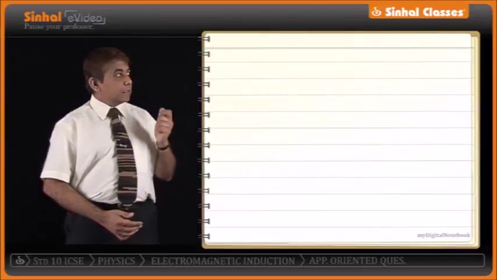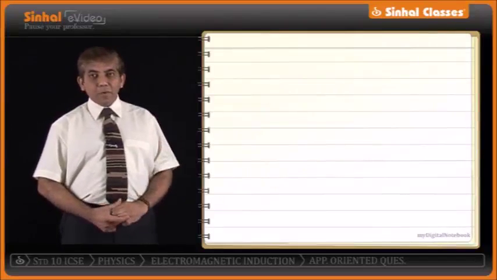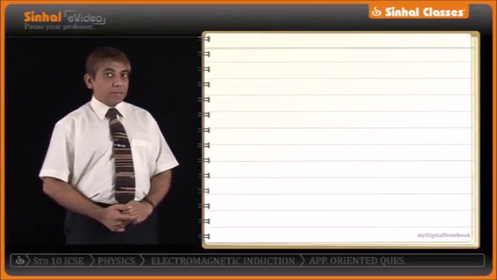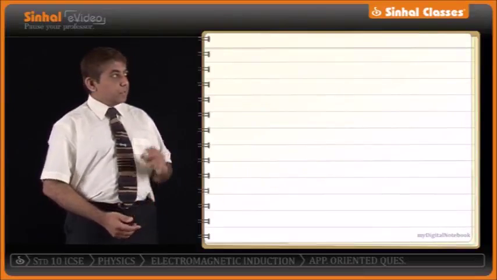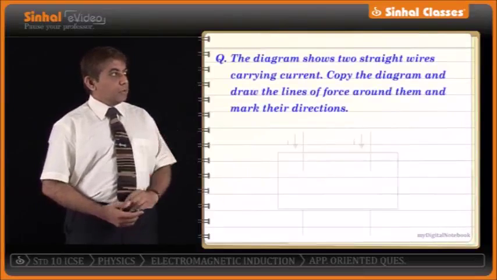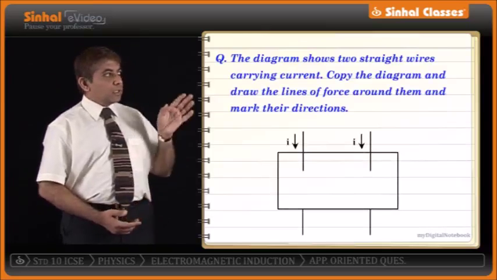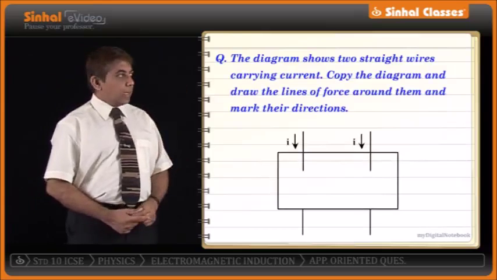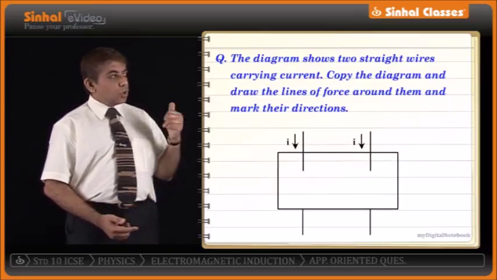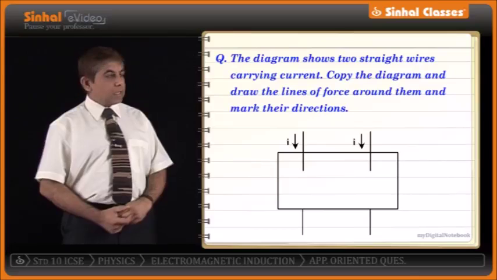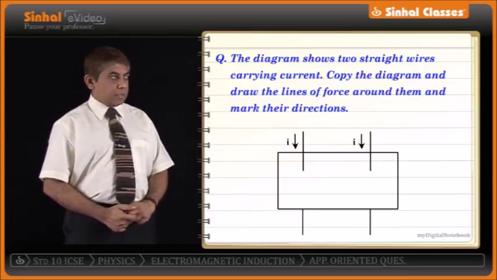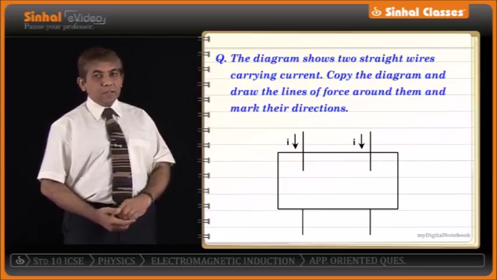Let's consider certain theory application oriented questions as far as this chapter is concerned. The first one, you're given a cardboard and two wires that are introduced in it, and you're shown the current direction in both the wires. You're asked to draw the magnetic lines of forces across both these wires when current is flowing in the given